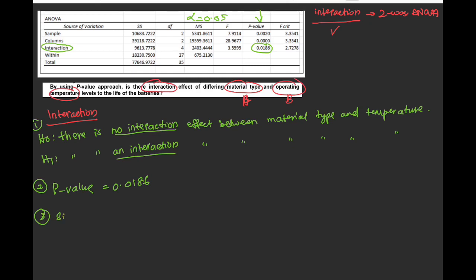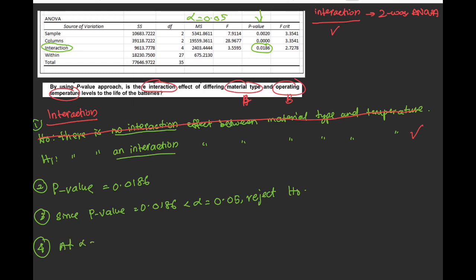Right. Since the p-value 0.0186 is less than alpha 0.05, we have to reject H null. So step number 4, what happens if you reject H null? You reject this one. Is there any interaction? Yes. So the conclusion is at alpha 0.05,